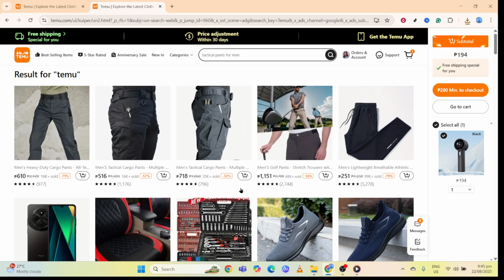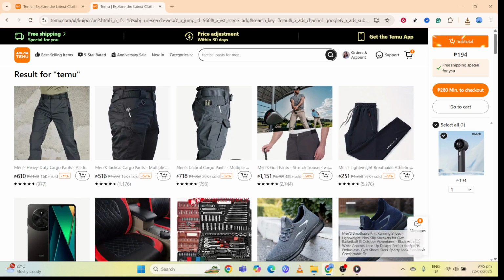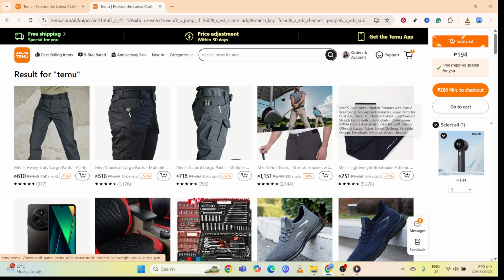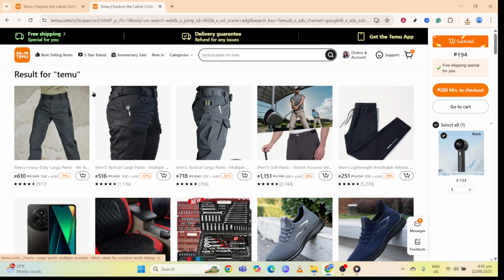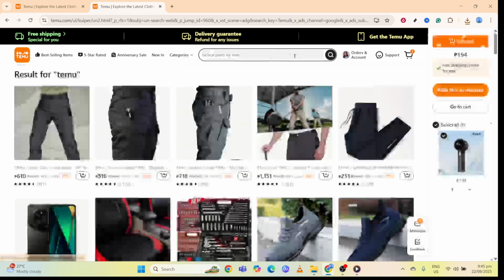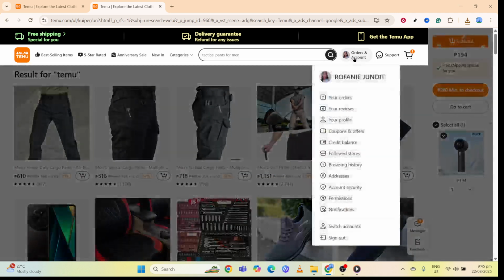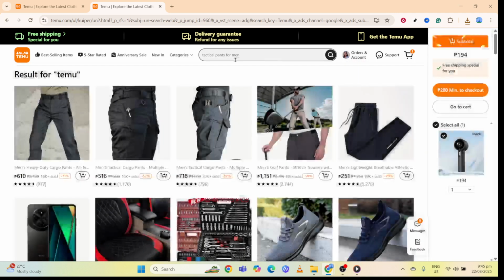Now, suppose you found yourself in a situation where there's an item in your cart that you don't want to purchase anymore. No worries, the solution is straightforward. Look towards the upper right-hand corner of the website. Here, you'll notice several icons denoting different sections such as orders, account details, support, and most importantly, the cart icon. Click on the cart icon, which will take you straight to your cart list where all the items you intended